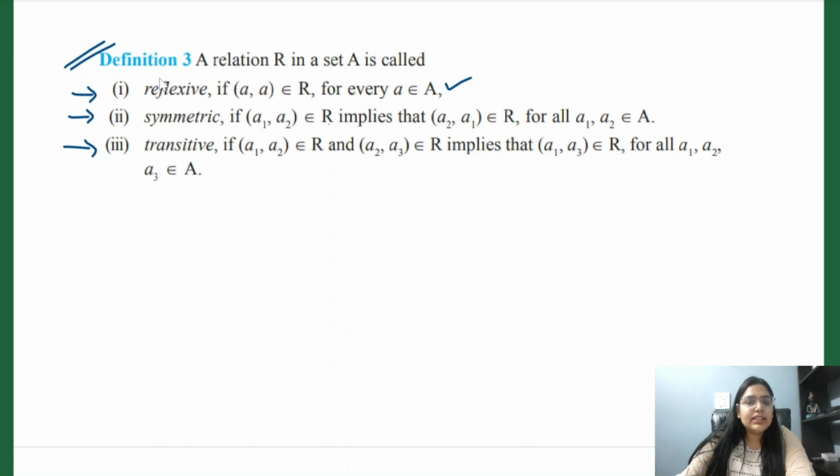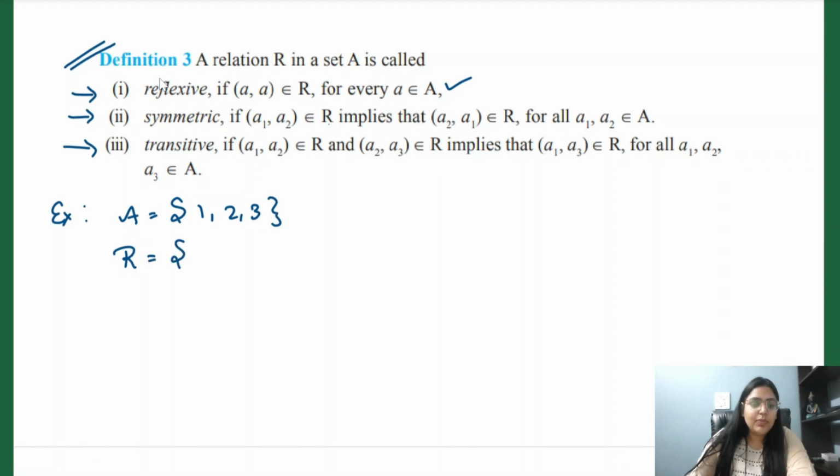Before understanding these, let's take a simple example so that we can relate as well. Let's take an example such that the set consists of only 1, 2 and 3. And now I am defining a relation. So this relation in set builder form is let's say A is less than or equal to B. So all the pairs such that A is less than or equal to B is our relation.